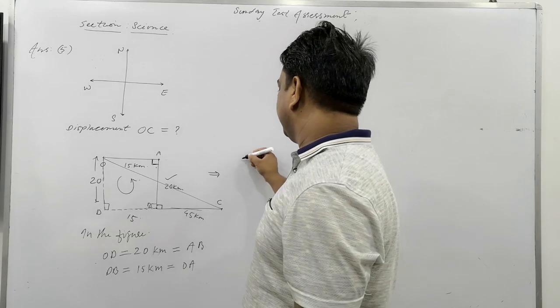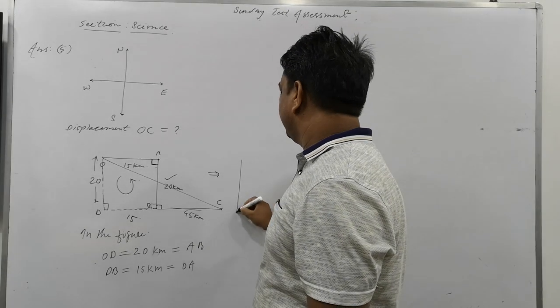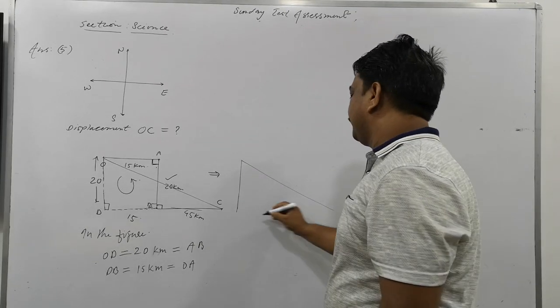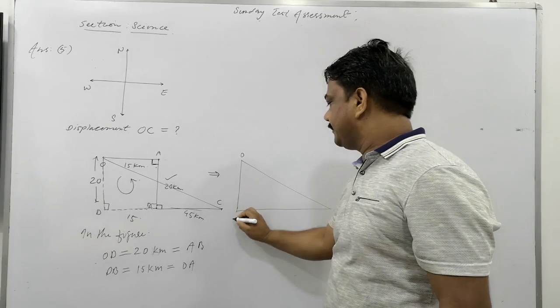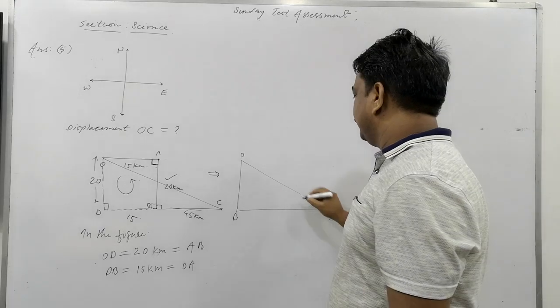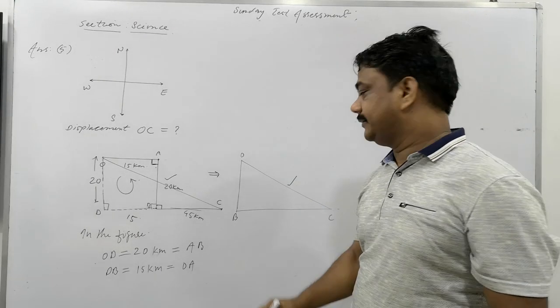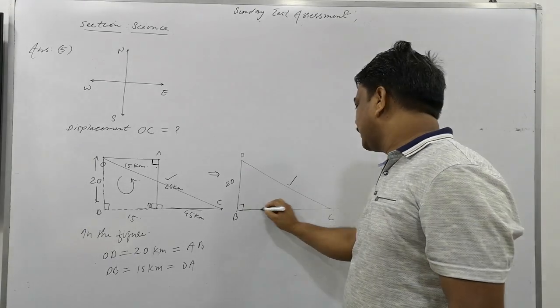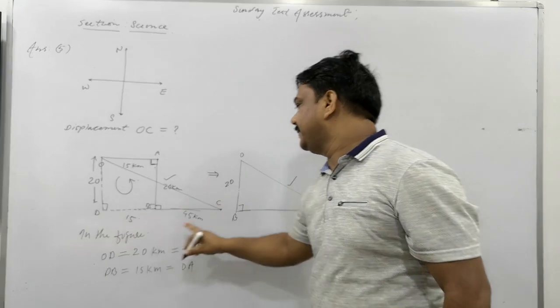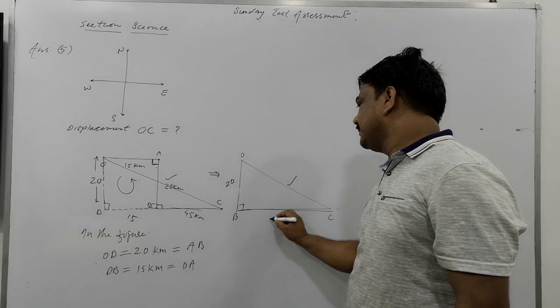Now in the rectangle you will see this is perpendicular, and this is your hypotenuse. Is that clear? So it's O, B, and it's C. You have to find out this side, the hypotenuse. And just you know it is 20 kilometer. And what is the base side here? Please tell me. It's 15 or it's 45. How much is that? Please tell me.